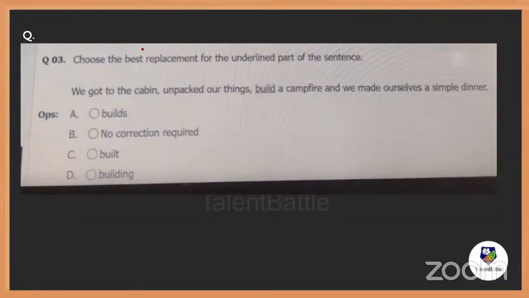Any answer? Look, very simple. You have to again replace the word which is underlined. The underlined word is build. So that is what you have to replace.